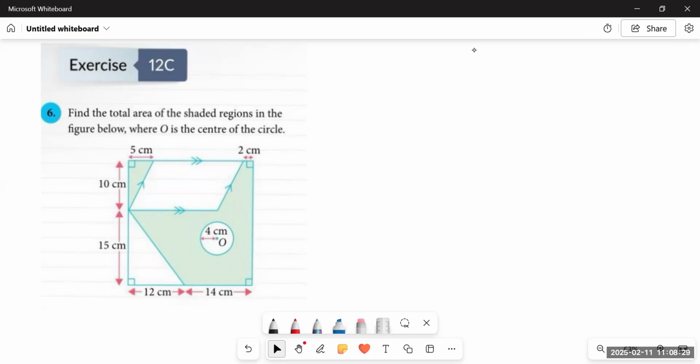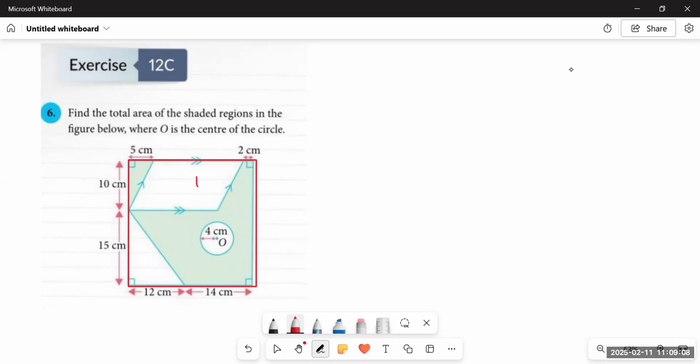In these types of figures, we just have to figure out what are the small parts, what are the shaded and unshaded regions in the given figure. If we look at it carefully, we'll find out that it's basically a whole square or a rectangle. If all four sides were equal, then it would have been a square, and if only the opposite sides are equal to each other, then it would be a rectangle.